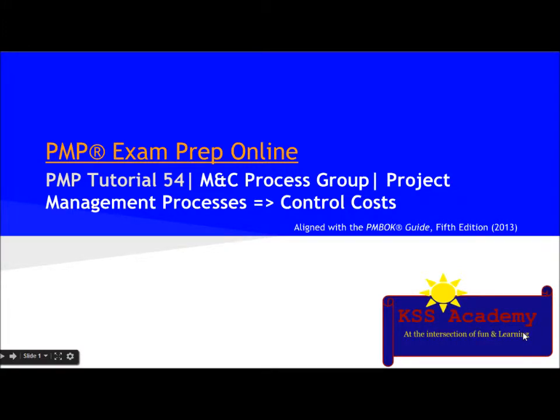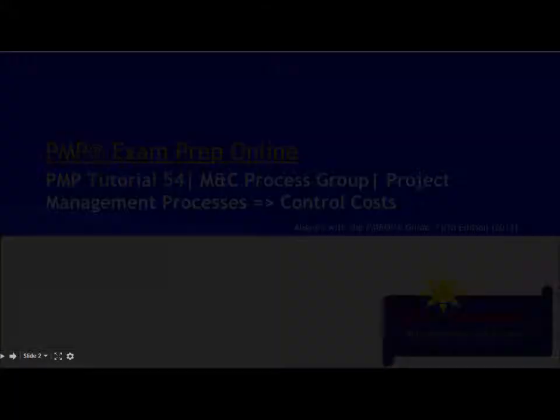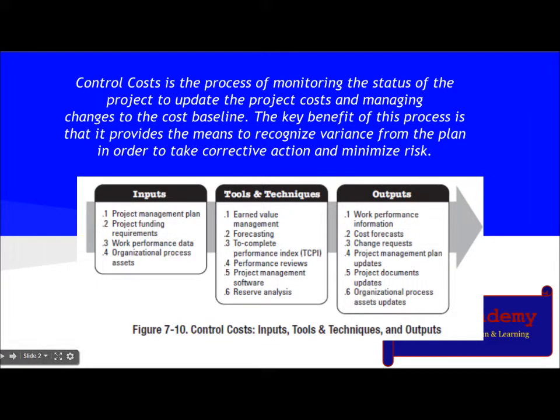Hello people, today we are going to start with the Control Cost process under the monitoring and controlling process group. So let's see. Control Cost is the process of monitoring the status of the project to update the project cost and managing changes